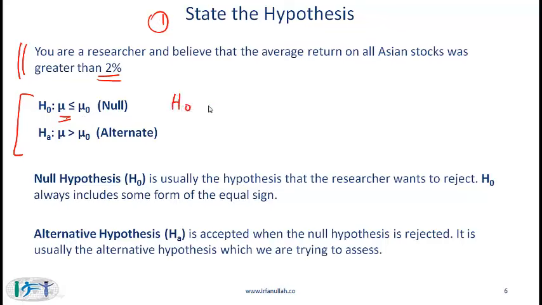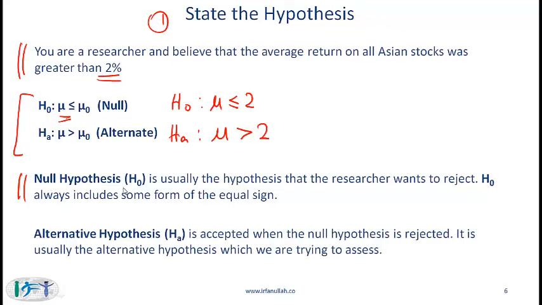In our simple example, the null hypothesis is mu is less than or equal to 2. Given that you believe that the returns are greater than 2%, you want to reject the hypothesis that the mean return is less than or equal to 2%. The alternate is what you are after, and this will be mu greater than 2, because that is what your view is. Just to hammer in the point and make sure you understand and remember what we are talking about,